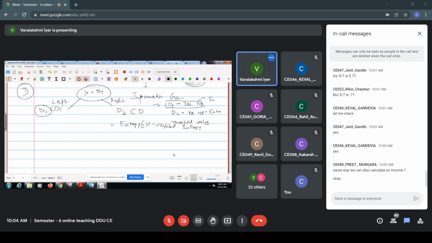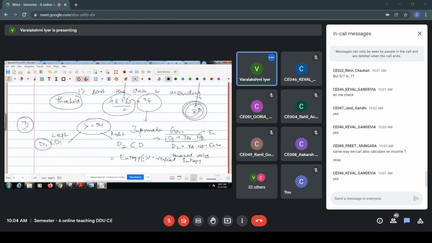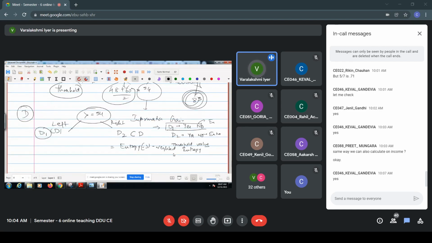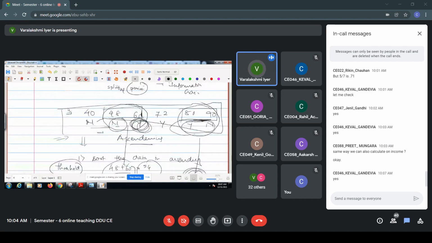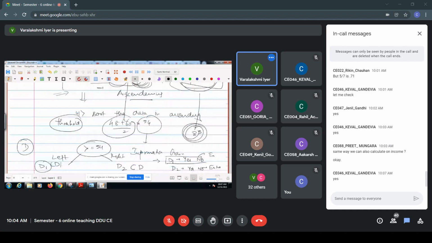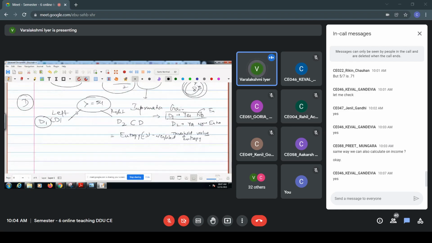Is it clear how to calculate this in the case of a continuous valued attribute? Yes or no? Are these steps clear? Okay. Is everyone clear with this? So just note this particular example down, so later you can try to perform the calculation on it. So everyone is clear, right? So this was one point that I wanted to discuss.